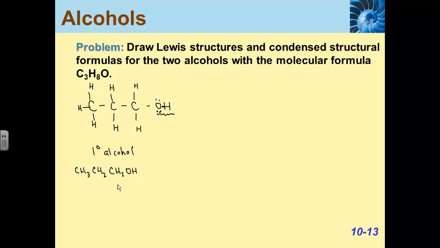The primary alcohol has 1, 2, 3 carbons in a row. I'm just kind of throwing this out here for now. 3 carbons, we'll learn, has the prefix propane. Taking off the E and adding on the OL ending for the alcohol, we have an alcohol called 1-propanol. On the first carbon, and I'm going to count the carbons where the attached functional group is given priority. Carbon number 1,